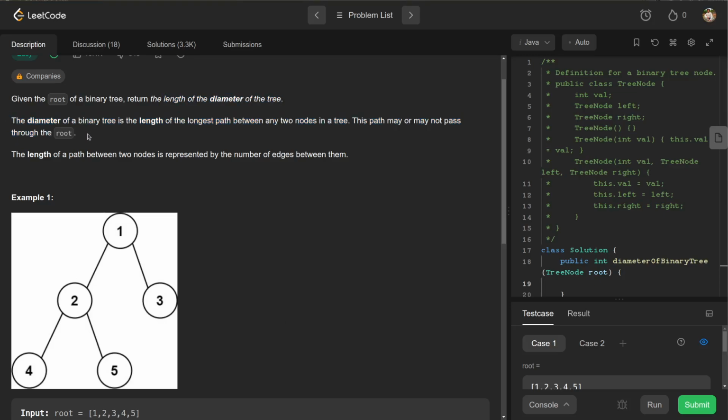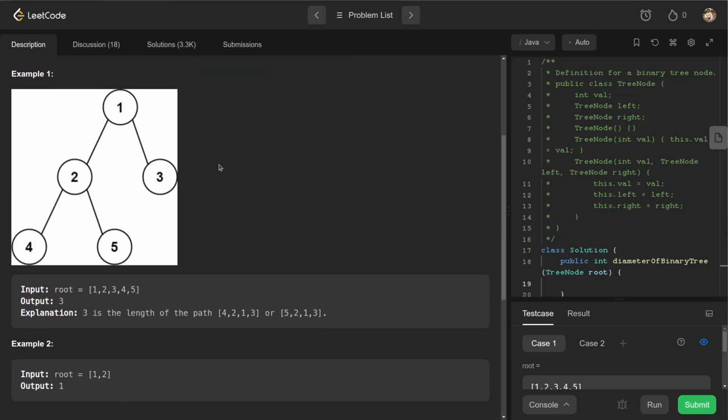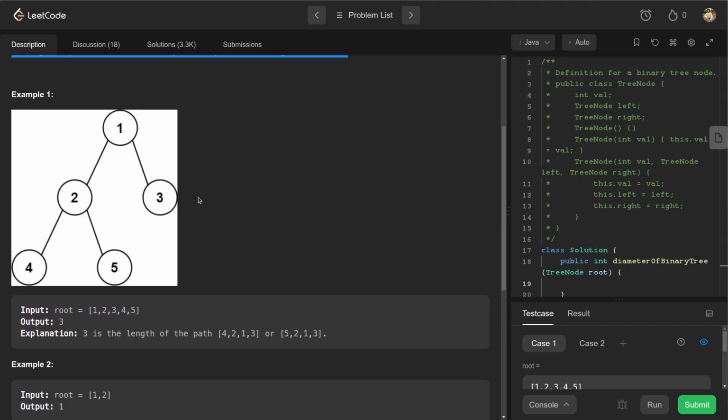So basically, a diameter of a binary tree is the length of the longest path between two nodes in that tree. This may or may not pass through the root. The length of a path between two nodes is represented by number of edges between them. Okay, so from that question